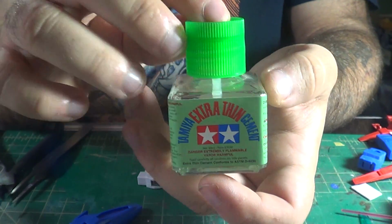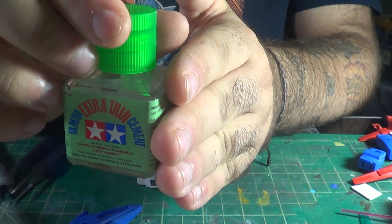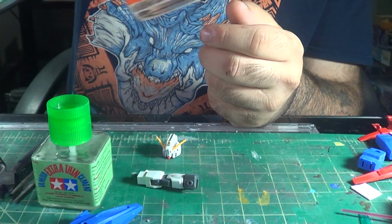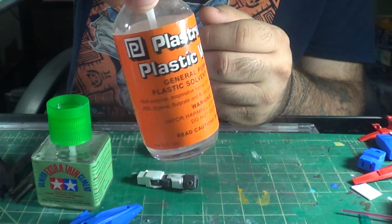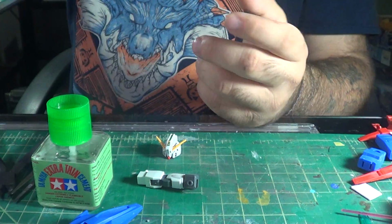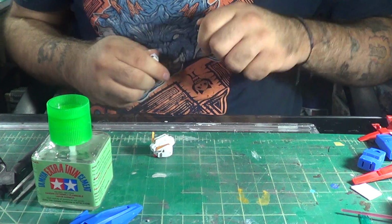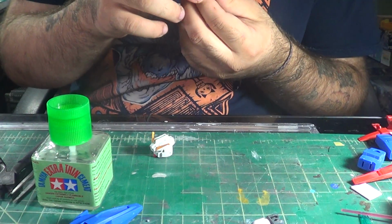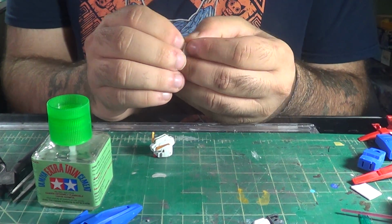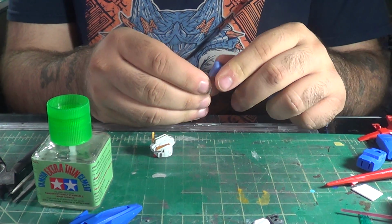So this is Tamiya's extra thin cement. You don't have to use the extra thin. If you prefer to use the thicker stuff, that's fine as well. There's like Plastruct or JB Weld. It does the same thing, it's just thicker. Whatever works with your preference. I like the thin cement better, even though it has a tendency to run. It dries fairly quickly, and it gives me enough time that I can put down a couple quick layers of it and